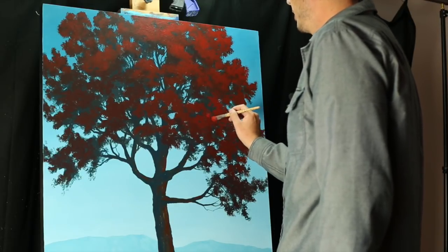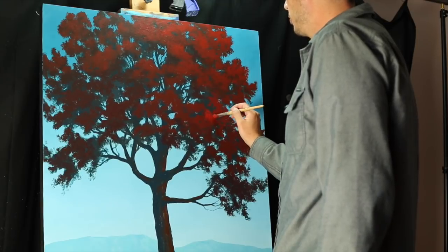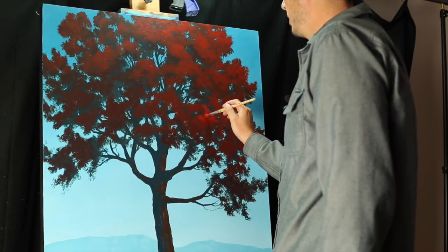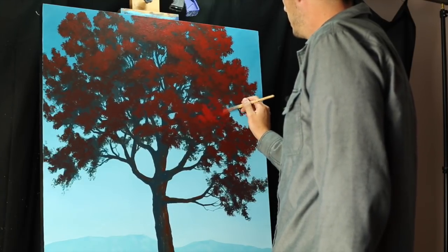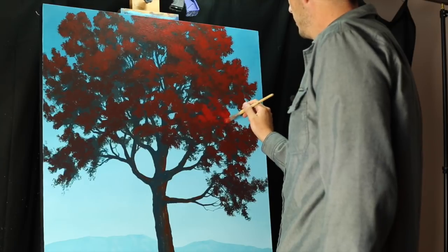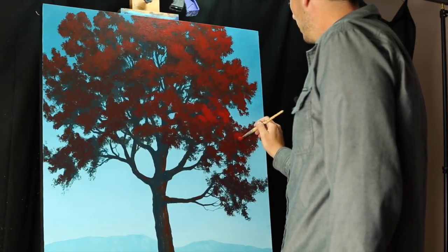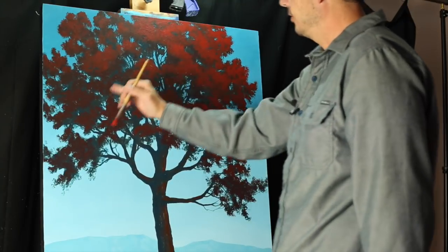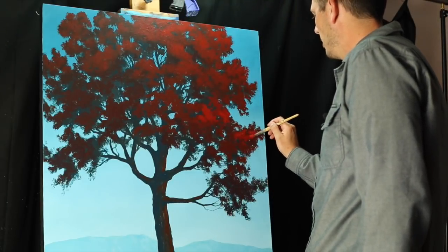Okay, now we're starting our highlights down here with our B mixture. Still have it mixed in with some of my burnt umber, so it's not pure red yet, not nearly pure red. We'll still do another layer or two. So this bottom half is the B paint. I'm going to highlight this bottom half down here, and then we'll go another round,